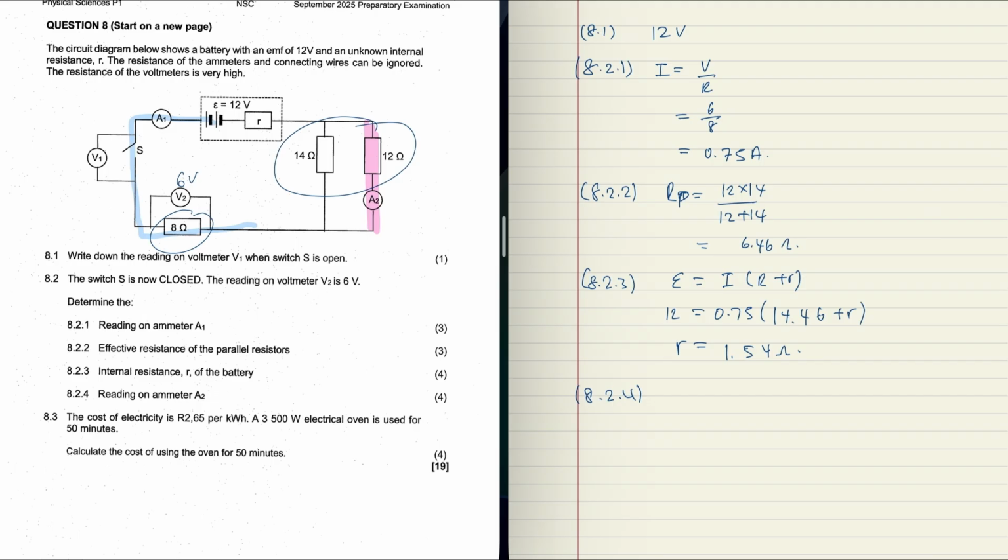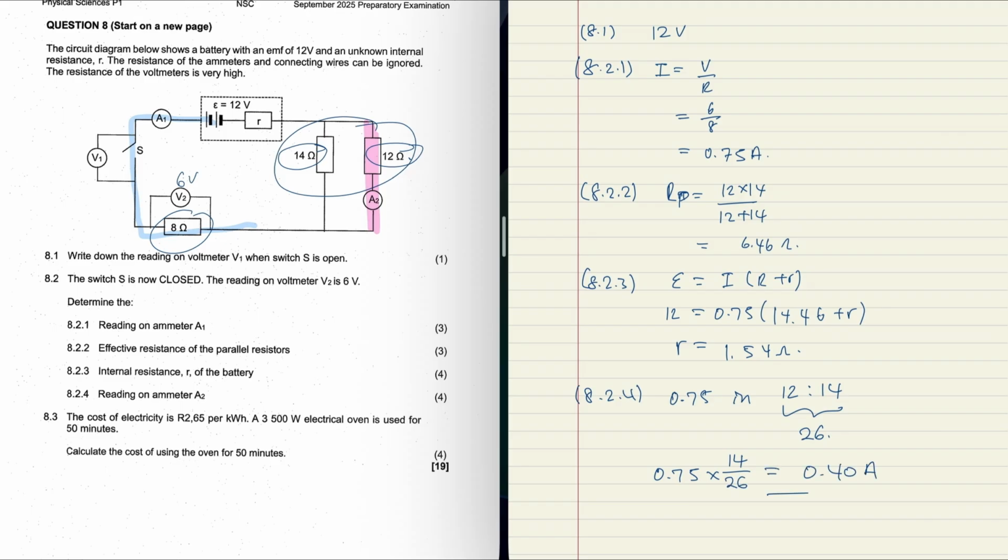So what we can do is divide the total current in a ratio. I want to divide the 0.75 in a ratio 12 to 14. To do this, you add them up. So 12 plus 14 is 26. And now, because 12 is smaller than 14, more current is going to go through the 12 ohm resistor than the 14 ohm. So the current is going to be 0.75 times 14 over 26, and that's going to equal